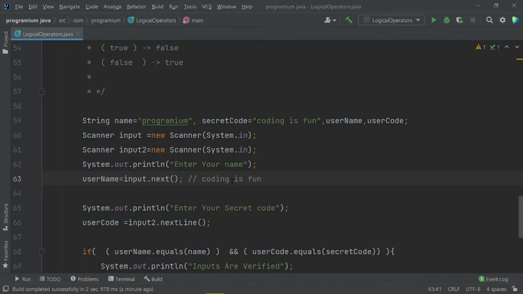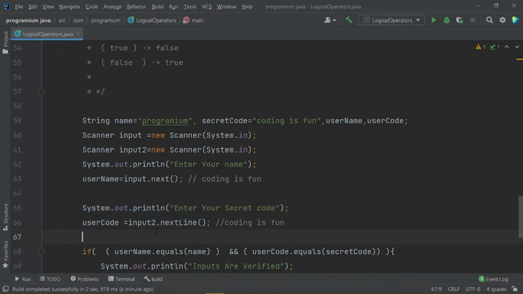That's the reason we were seeing just coding when we used next. So to deal with it, we have to use dot nextLine, and it would read all of the input, coding is fun, until it reaches a new line character. So this is how next and nextLine work.